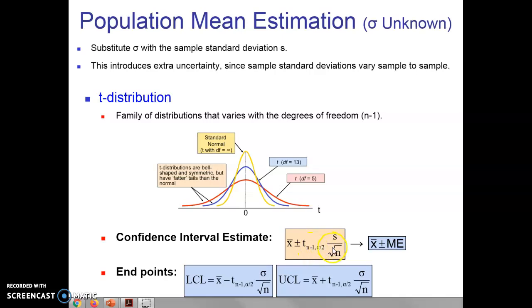If you take this times the standard error, you get x bar plus or minus the margin of error. And from that, you can create your lower confidence level by taking your sample mean and subtracting, right, the margin of error. Or you can find your upper confidence level by taking the sample mean and adding your margin of error. All right,